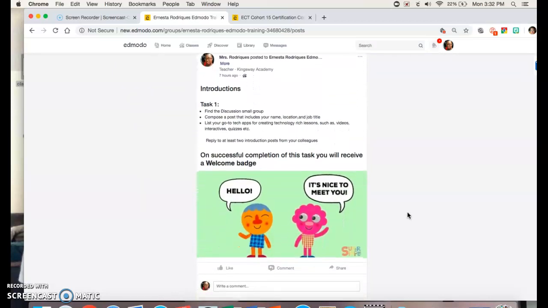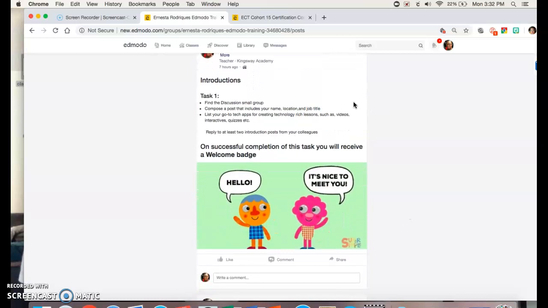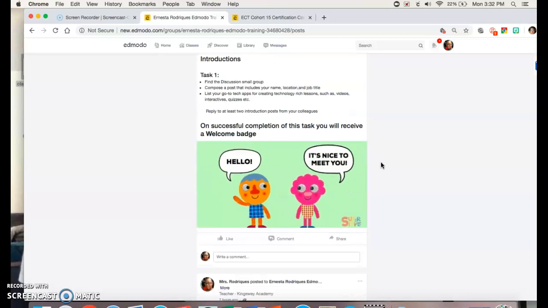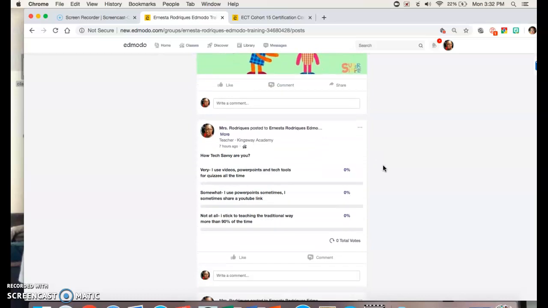So if we go back to the post or the main wall, we have the first task, which is the introduction. This is labeled as task 1. The bullet says what needs to be accomplished in order to complete the task and which badge will be received on successful completion of the task. Then we have a poll,